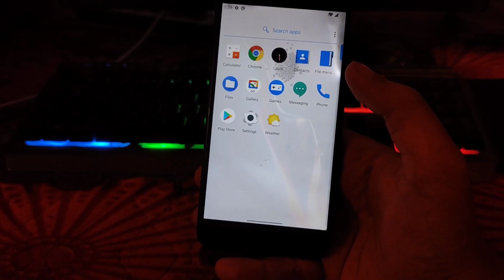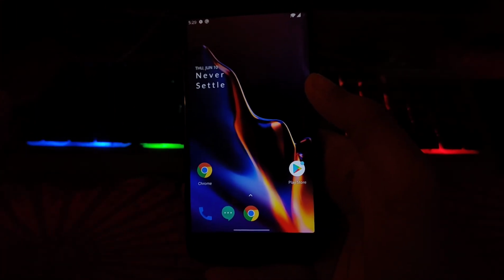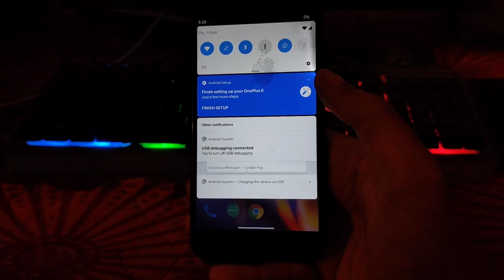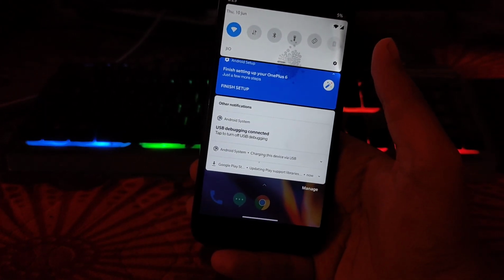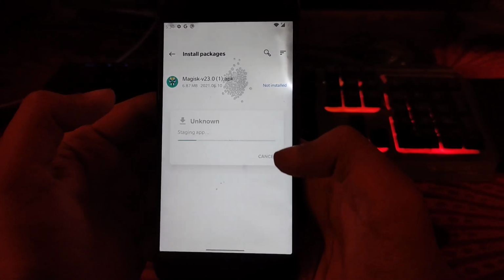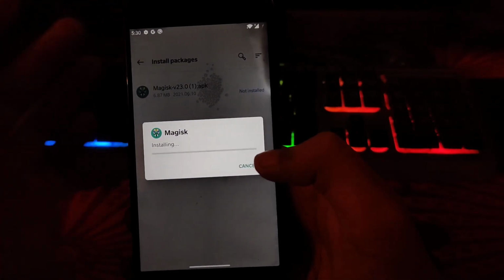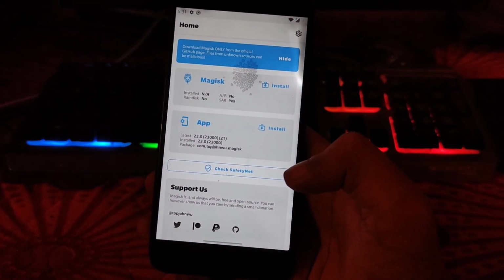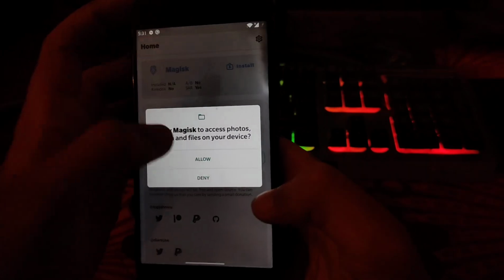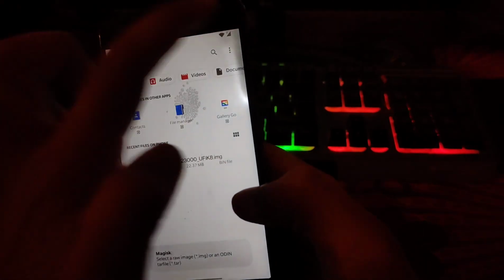So guys, now I will show you how to install Magisk. Boot image patch. So first guys, we have to install Magisk APK 23.0. Link will be in the description. First we have to install that. Then I will open Magisk. Now we have to select that same boot.img. Okay? So install, allow, next, and select that same boot.img.